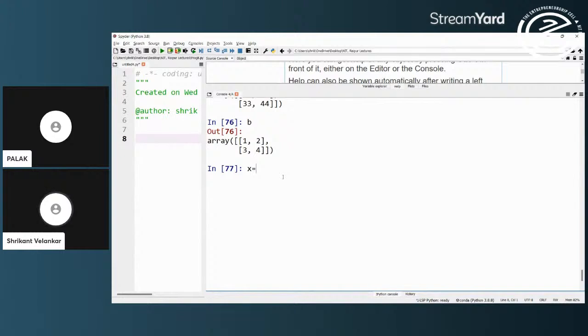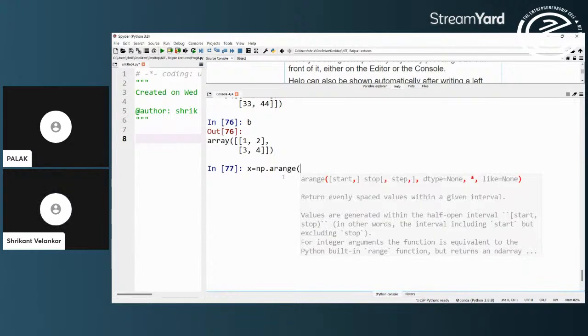I will have x is equal to np.arange. I will generate a range, which is the vector. I will say 2010, I will say 2022, and I will say a step of 2.